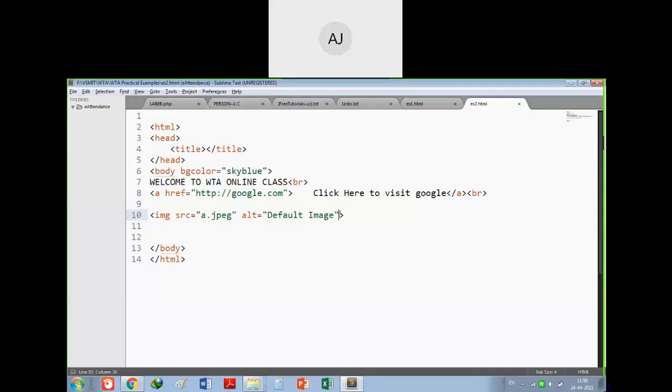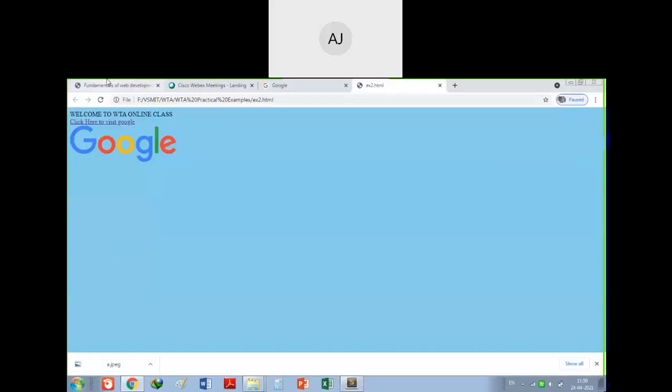Are you getting it, guys? So this is how the img tag is to be executed. And this time I am missing the closing tag here. Still it will work, this is because of XHTML and HTML5, so it has large support for the mistakes created by the users. Okay, so it is a good habit to close all the tags, so that the interpreter will work very fine. Okay, that's all. So that is all about the img tag and the href a tag.